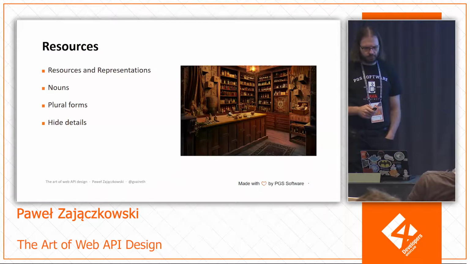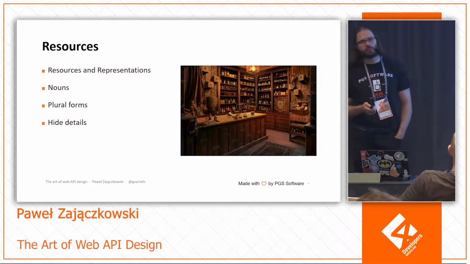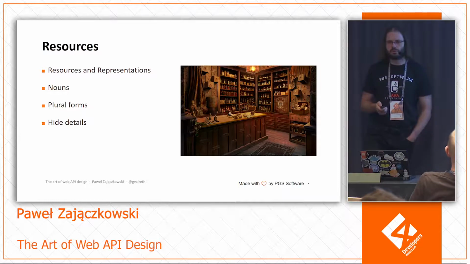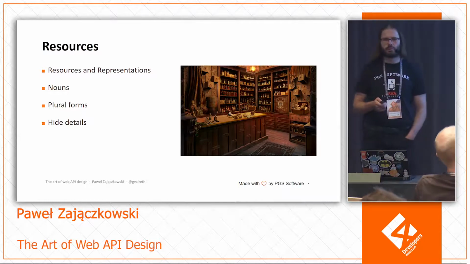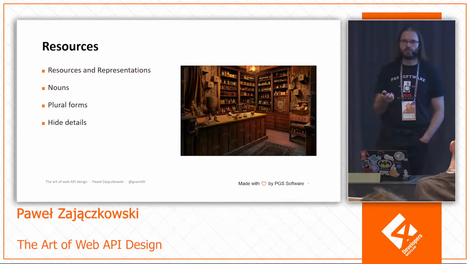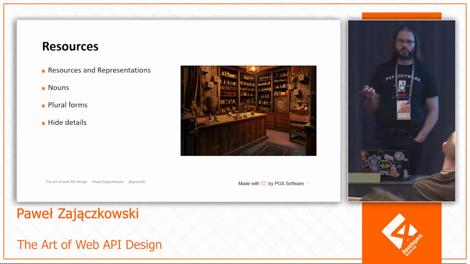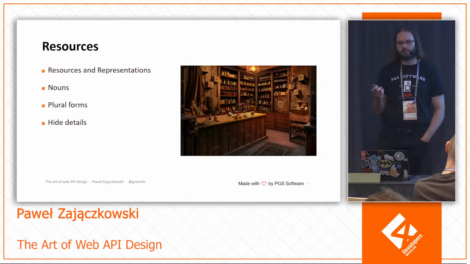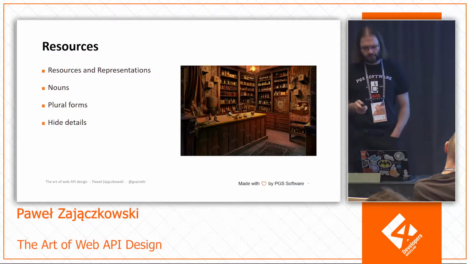Okay, so start. Resources. This is the focal point of REST, we can say. We have resources that are nouns, basically, in plural form. So we have a collection. For example, if you want to express a collection of cars, there's an endpoint cars. If you want a particular car, it will be cars/ID of this particular car.